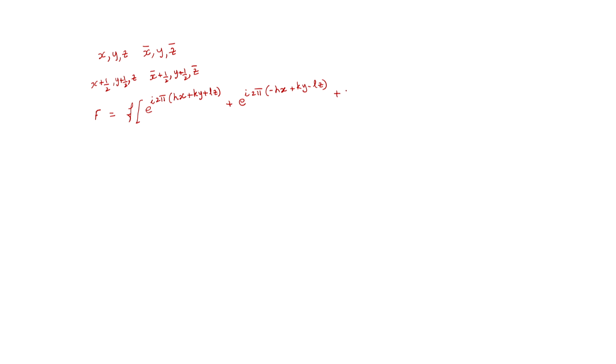For the third atom, e to the power i 2 pi (h(x plus half) plus k(y plus half) plus lz). Final term e to the power i 2 pi (h(minus x plus half) plus k(y plus half) minus lz). So, I have these 4 terms in this,